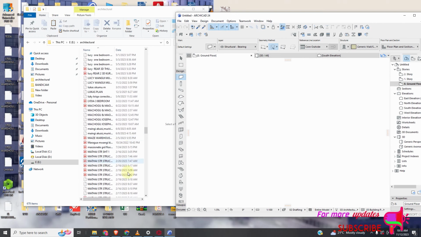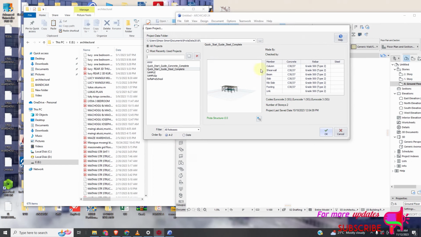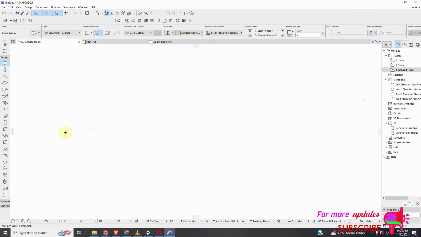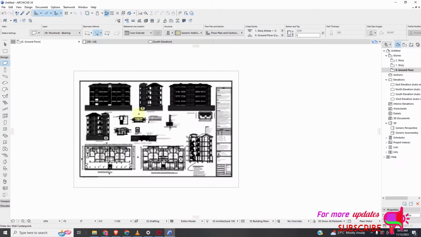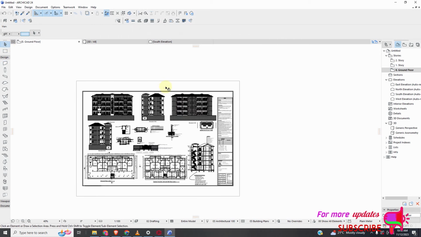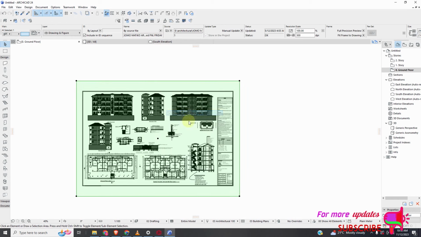So I'm using Protastructure 2018, and I don't want to update for some reason. So let's start. So I will import this architectural plan here. Just need to drag it. So actually, it is here. Okay. So I will export this into current view. Export in current view. Drag this into